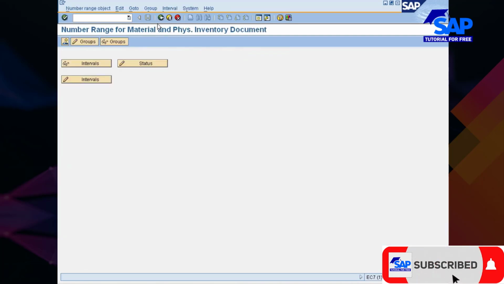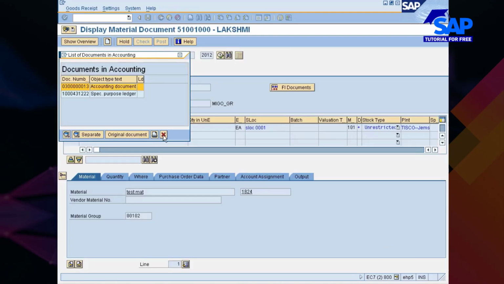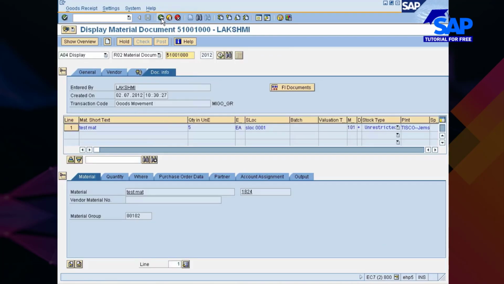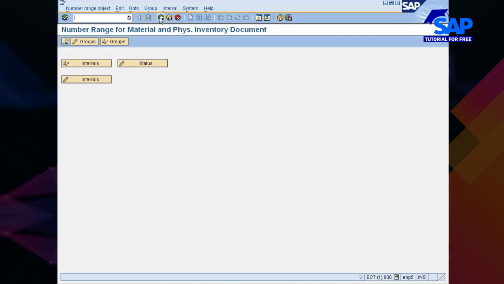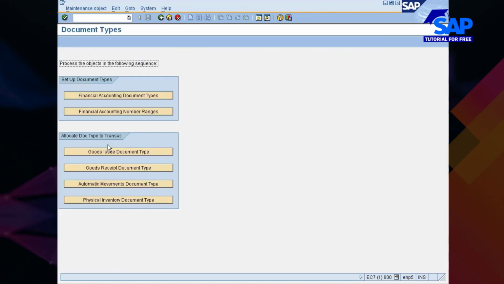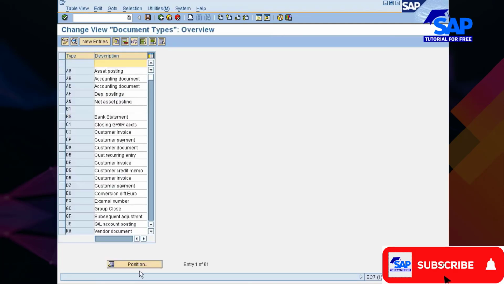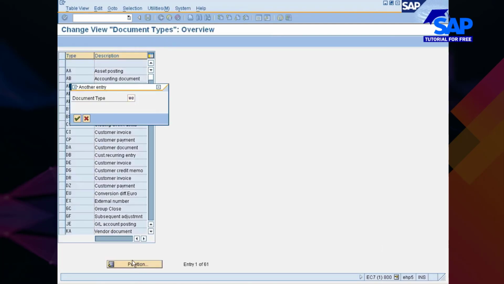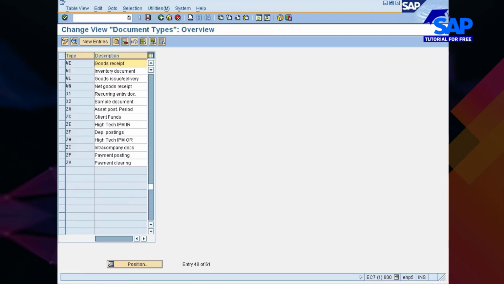In case you want to have your own document type number range for the accounting document as well, you can just come back here, number range for the accounting documents. If you look here, financial accounting document type, if you go into this place, you would see those things, WE or whatever WA would be there.